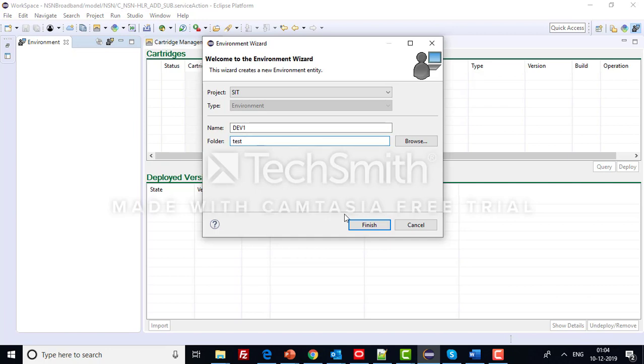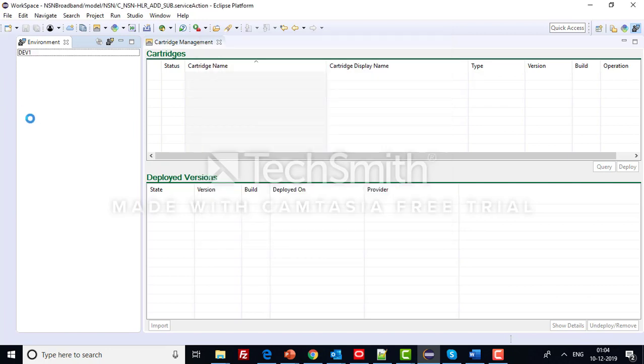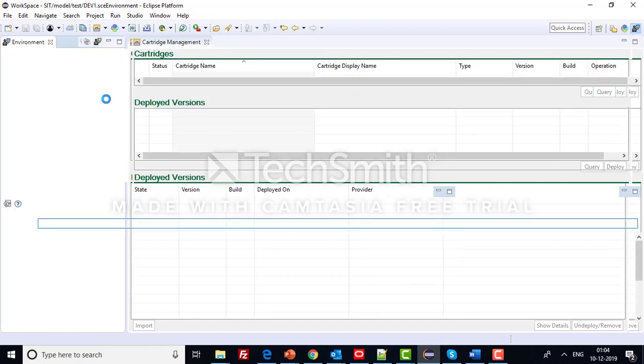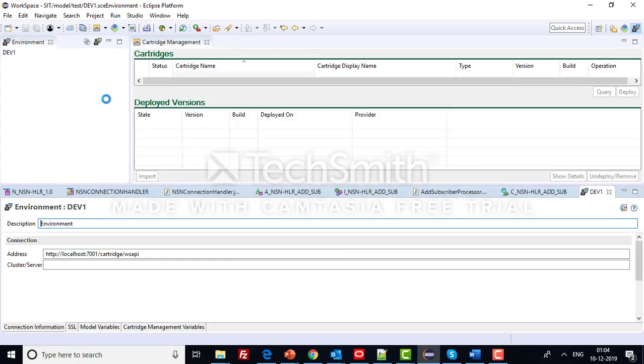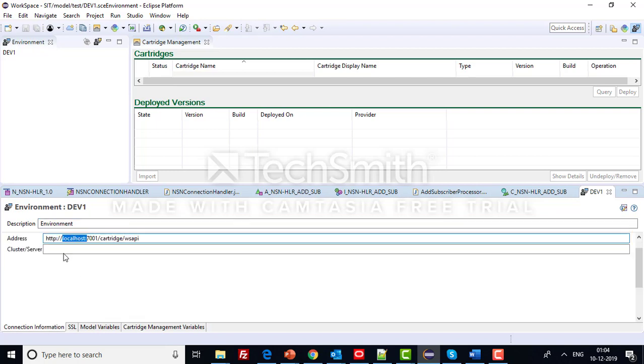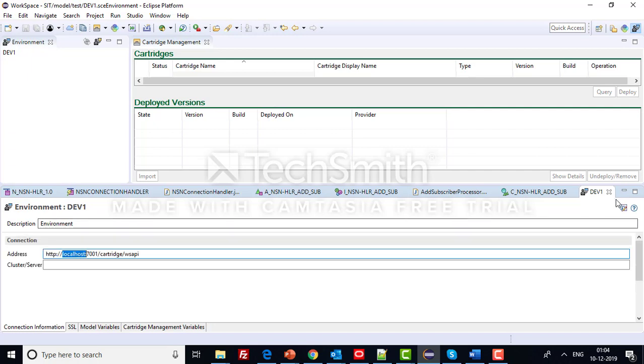So it has created the environment. So we have to give the environment details. I have to provide it. So once you provide the environment details,